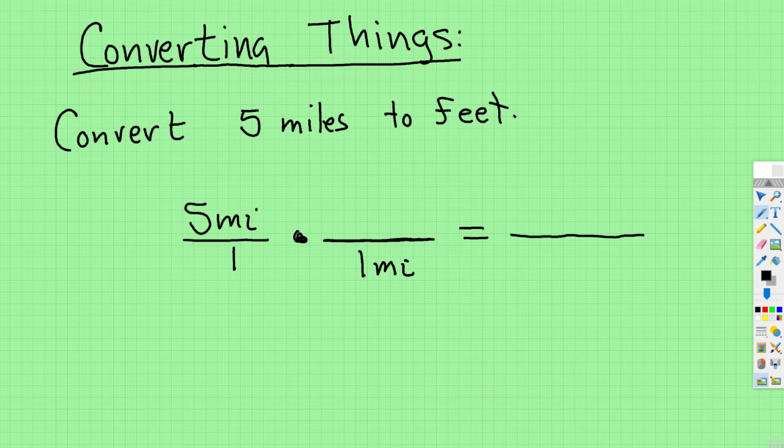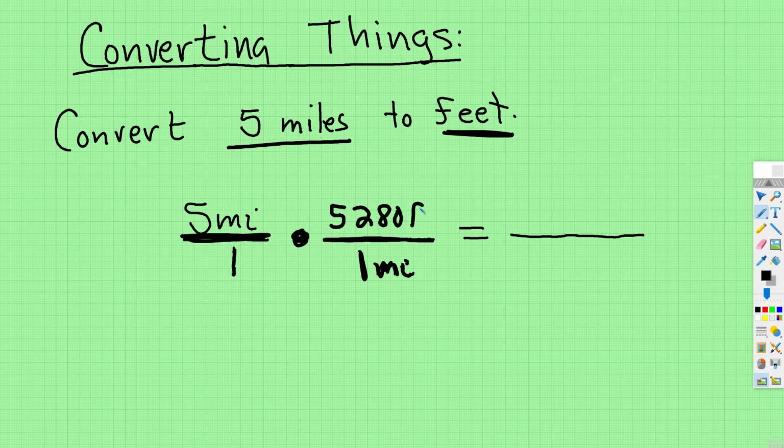Okay, I'm going to show you in a minute how to convert radians to degrees, degrees to radians, but I just want to refresh your brains on converting things. So this says convert 5 miles to feet. So here's the trick. The thing that you're converting, put in the numerator with a 1 over it, then multiply the next thing. The first conversion, miles, put that in the denominator, and if you can, figure out how many. The reason I use feet is because it's kind of standard knowledge that there is